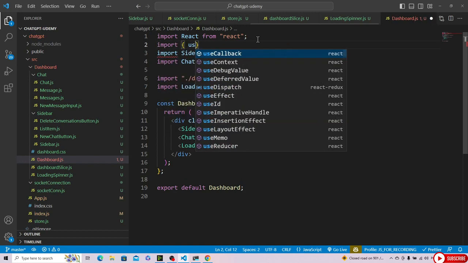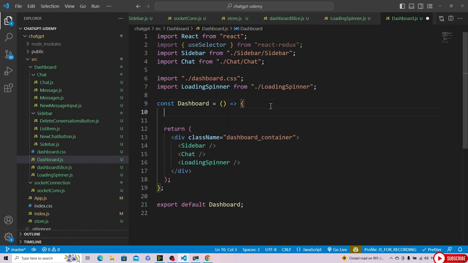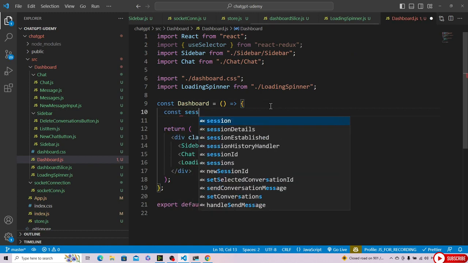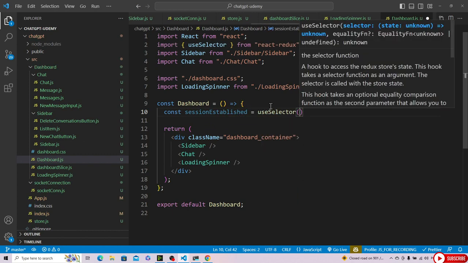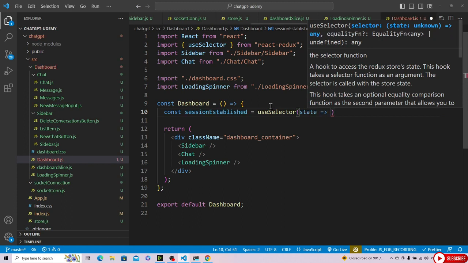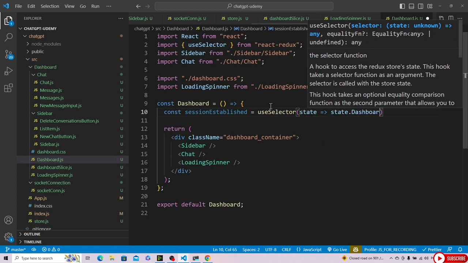As you remember, we just need to import useSelector from React Redux, and here we'll get the information if the session is established. Let's go for this useSelector hook, which will give us back the state of the application, and we just point to